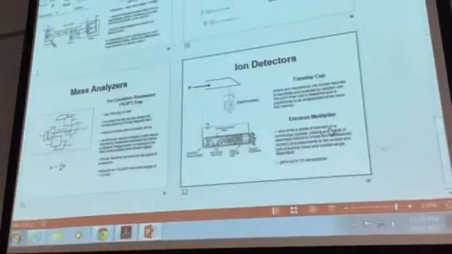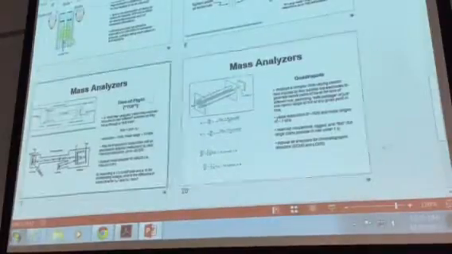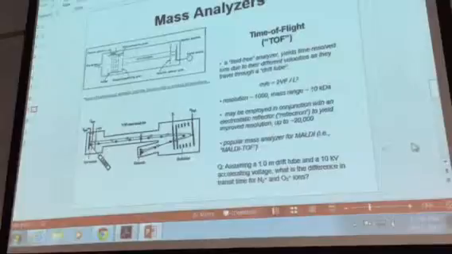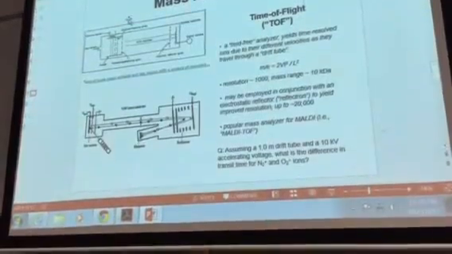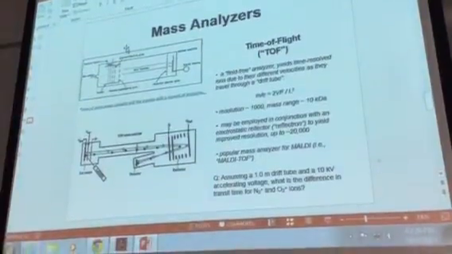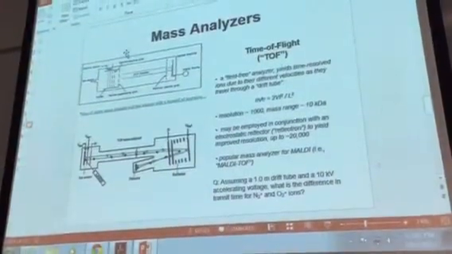You can see we're pretty close to being done. Just a few more mass analyzers. Here we go. As a matter of fact, if y'all don't mind the slightly smaller scale, I'm going to stick with this because the actual slideshow mode is having a little difficulty today. So, in terms of mass analyzers,